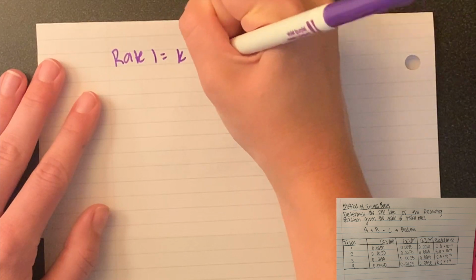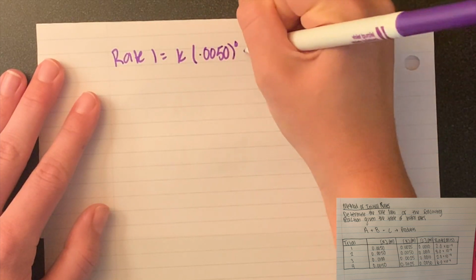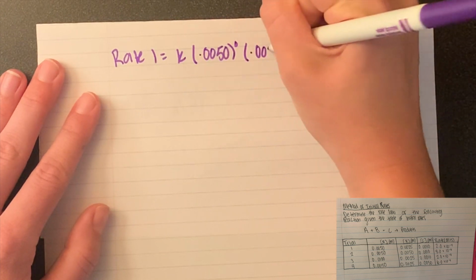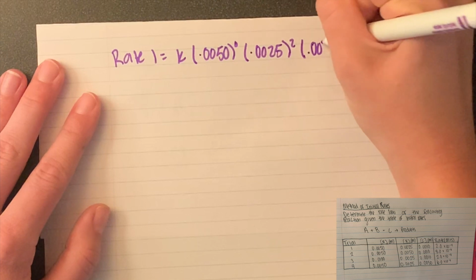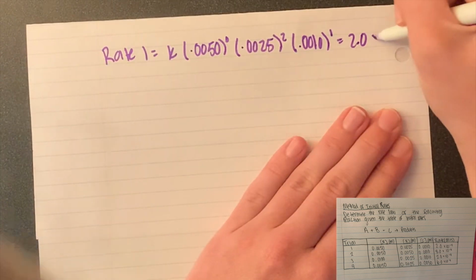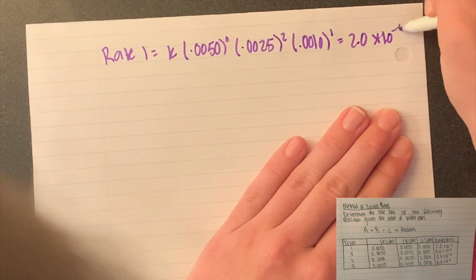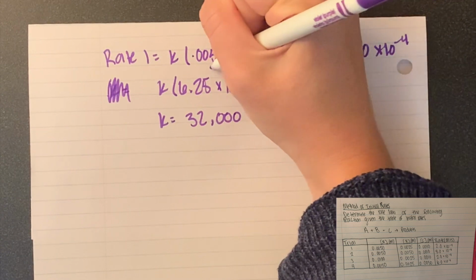So the final thing to do is solve for K, so we can use any trial. I'm just going to use trial 1, and we plug in the values we found. So K times 0.005 to the 0 times 0.0025 squared times 0.001 to the first equals 2.0 times 10 to the negative 4th. So when you solve that out, you get K equals 32,000, and the next thing to consider